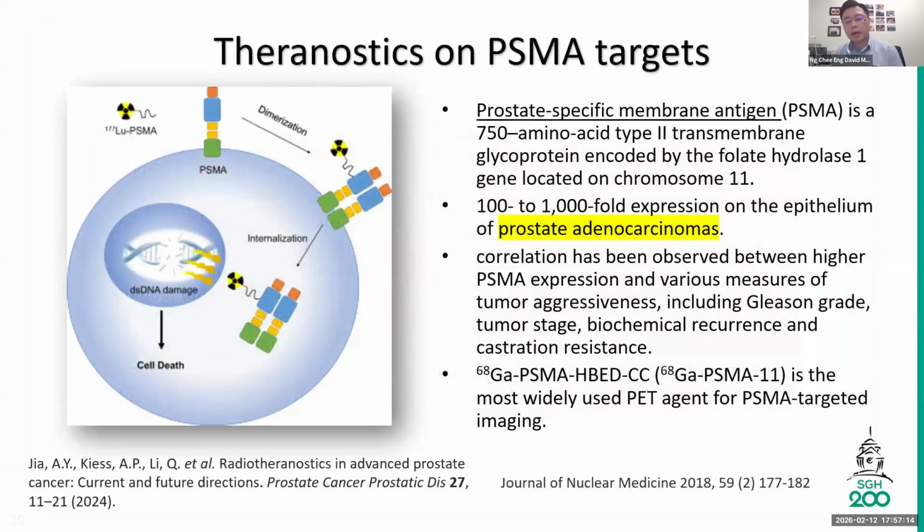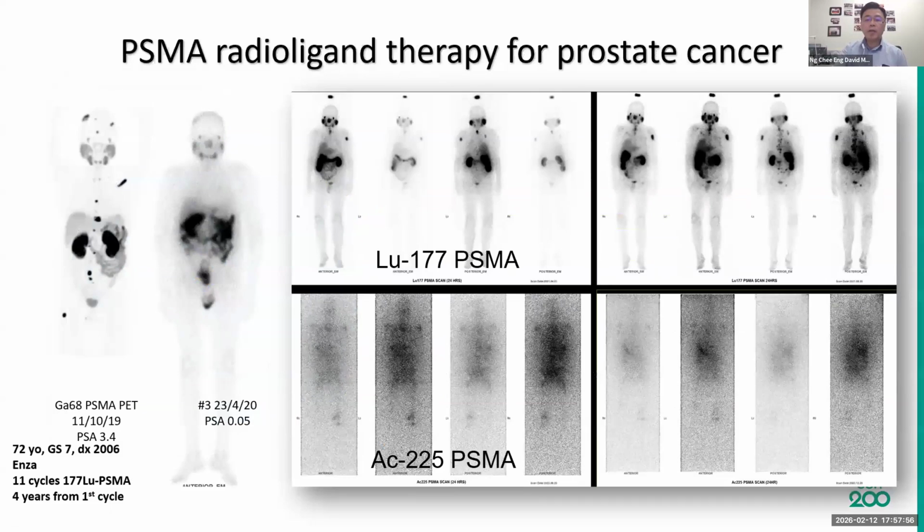The next theranostic that is in vogue currently is a theranostic on PSMA targets that is expressed on prostate cancer. This is a molecule expressed on the membrane surface, and it's 100 to 1,000-fold more expressed in prostate cancer. And it tends to be expressed in prostate cancer with higher aggressiveness. For imaging, the PSMA ligand is labeled with gallium-68, which is a PET isotope. After you have imaged, you can label it with lutetium-177 and use it to